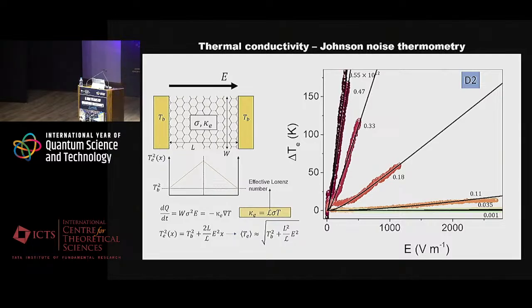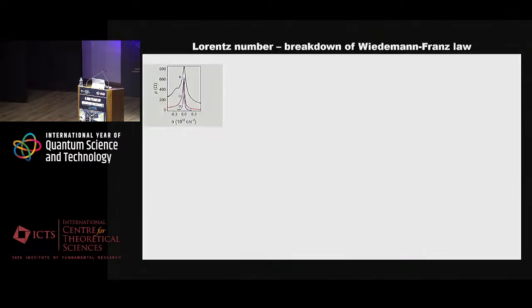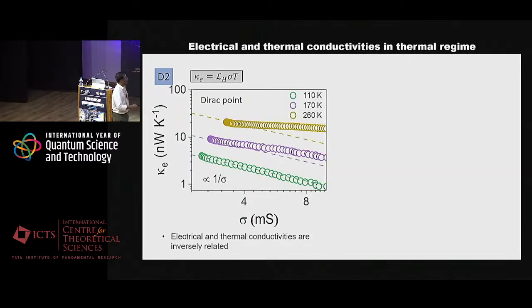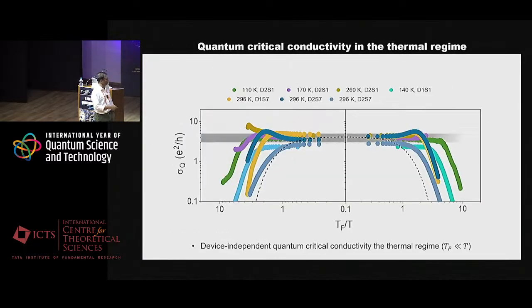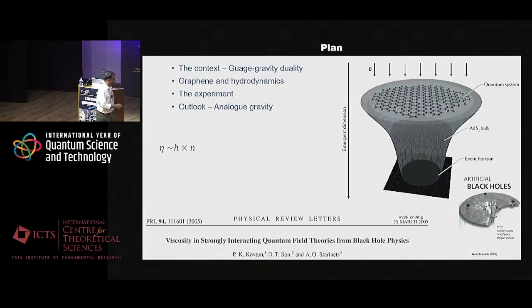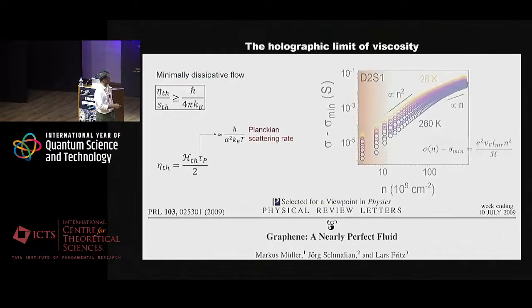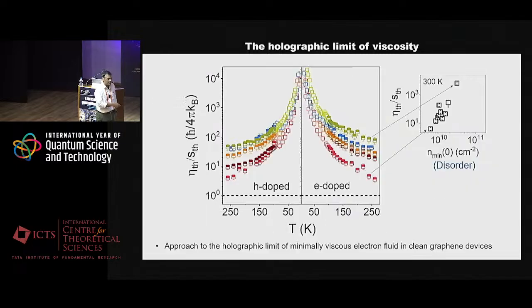Thanks. So the eta over S, I wasn't so sure how good it was in the end. Can you explain again? The ratio, the viscosity ratio. How close it actually is to the holographic limit? The best of our devices, we could go up to 4 times the holographic limit. This is entirely experimental, which is one of the things that we would like to say. So if you see this one, this is 1, this is the holographic limit. And the best device, which is this guy, we could go up to about 3 to 4